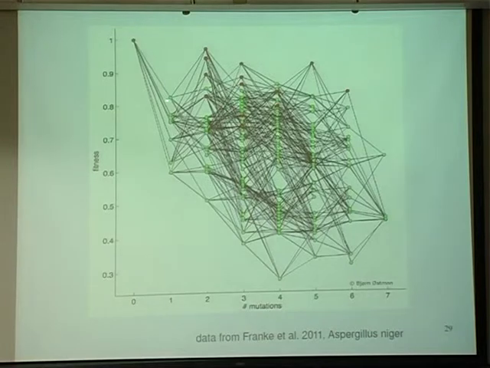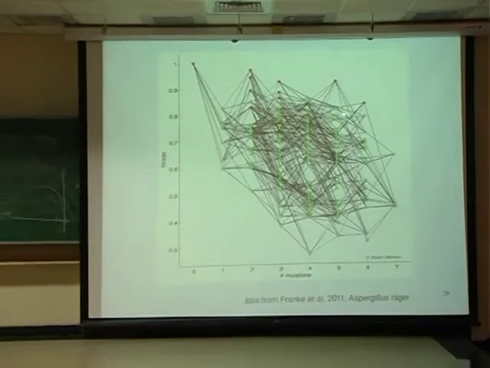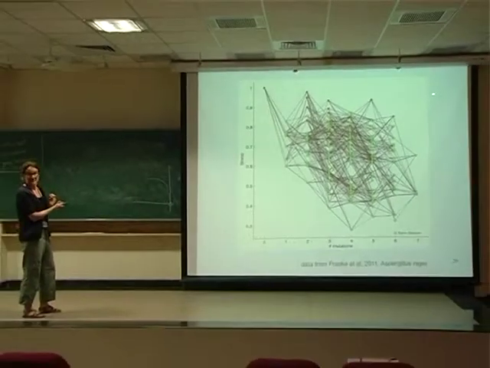Right? And some of these will be in common, so if you went here and then there, you could also get there by taking this step first and then that step. Okay, and so what are the colors? The colors show peaks. The colors are genotypes for which all their one-step mutational neighbors, at least the ones that they were able to measure in this lab, were less fit. So this guy is a global peak. All of his neighbors are less fit than him. But way over here, this is not a very fit genotype, and yet all of its one-step mutational neighbors are less fit than it. So that's a local peak.